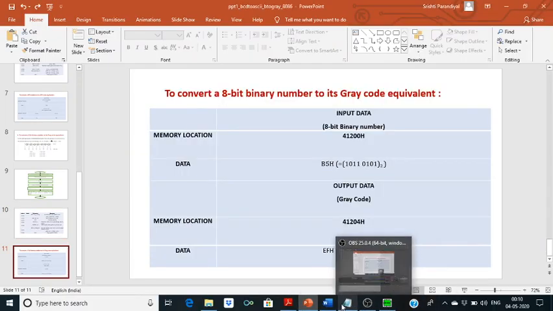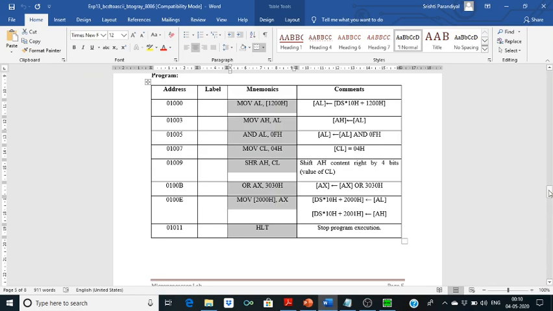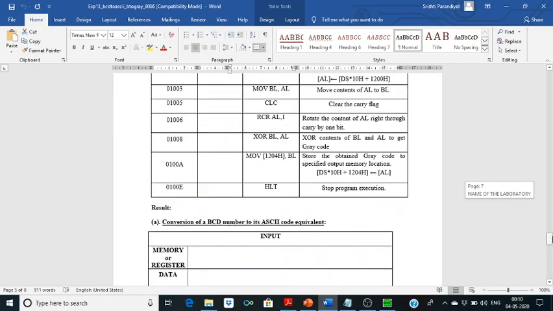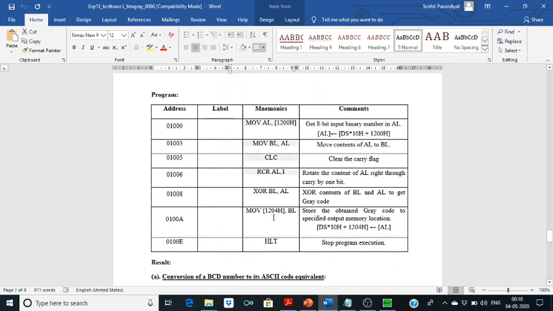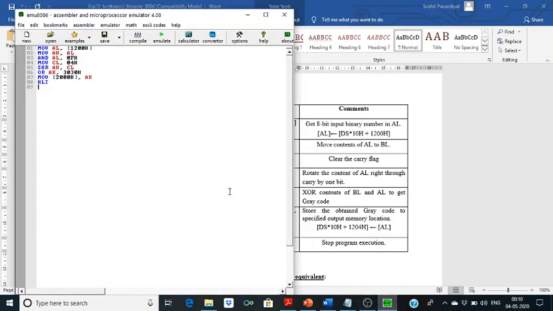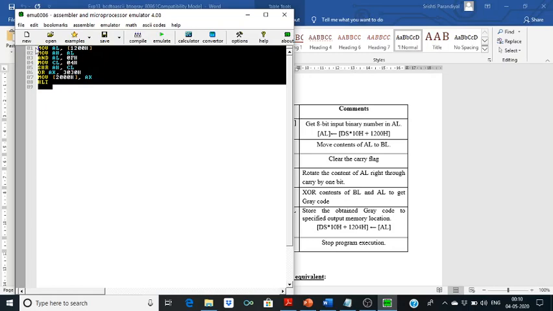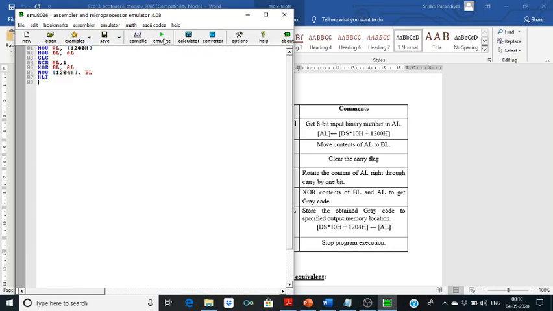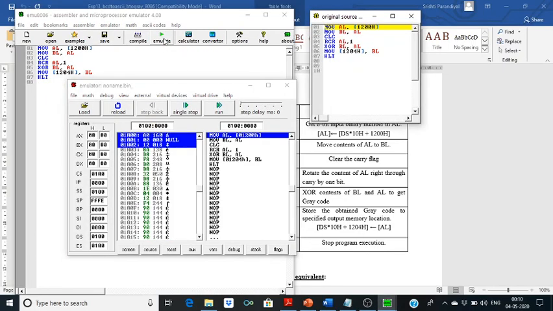We will copy our code from here. This is our code, and we will move it to the emulator, and now we will emulate it. Let us take DS as 4000. So here we will take 4000 and then 1200.